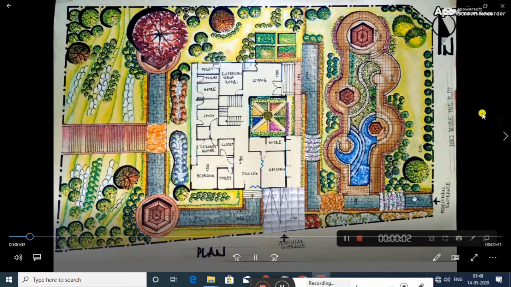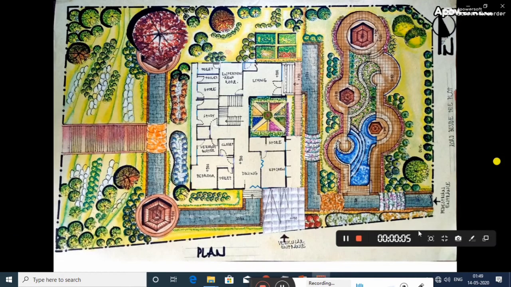Here is the explanation about the landscape details of each side of the plot, starting with the front side. Here is the pedestrian entrance of the plot, the pathway paved by jelly tiles, and these are margined with arranged pavement brick. The pathway leads to the main entrance of the building. The width of the pathway is 1500 mm. Then the promenade tiles are placed just in front of the stairs of the house.